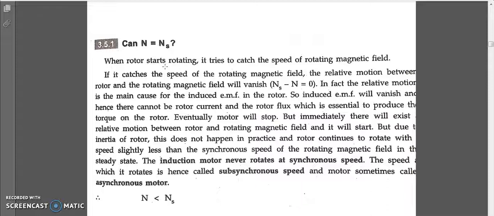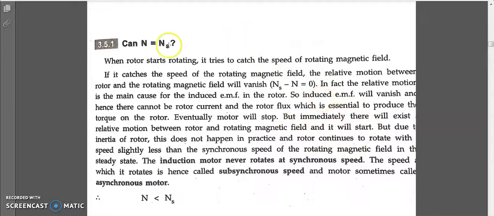Again there is introduction of EMF in the rotor, and due to this EMF, there is induced current, rotor current, and that causes the rotor flux, and that flux as well as the main flux will interact. Due to the interaction, a Lorentz force is created. Again your motor starts to rotate. But that never happens. Your motor will always rotate due to the inertia. Your motor will never stop running. Even if it stops, due to the inertia, it still remains rotating.